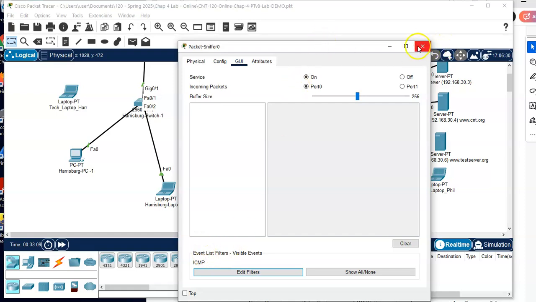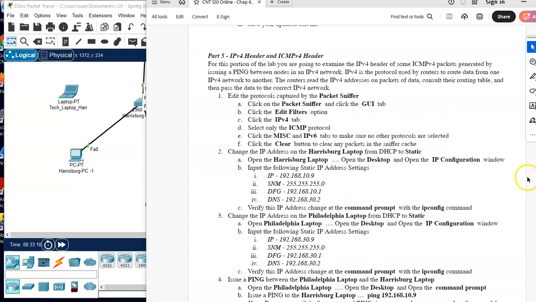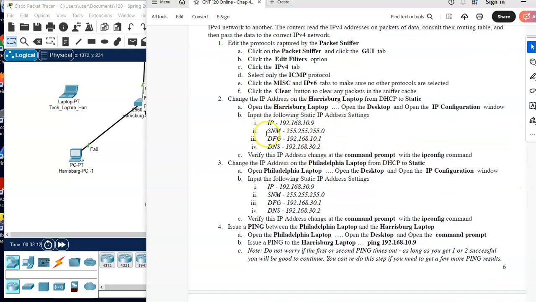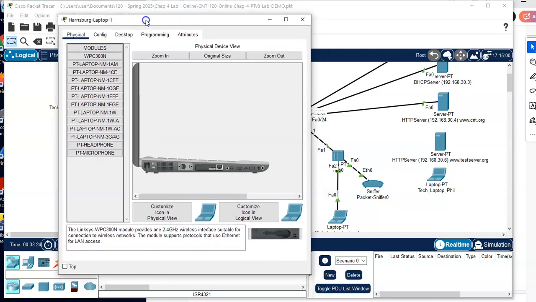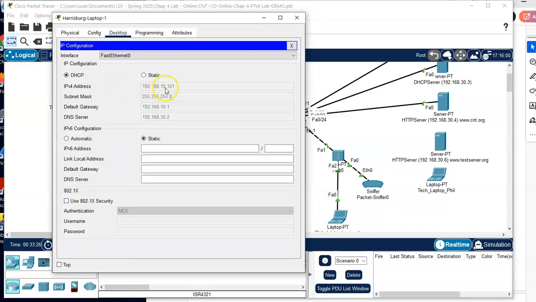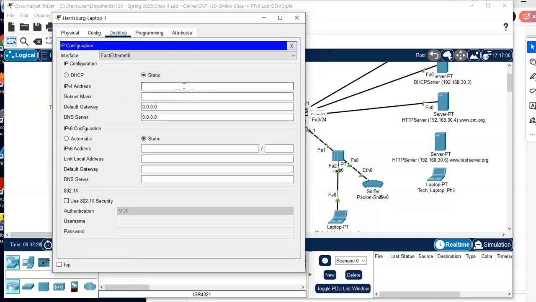Now I'm going to close that for now, because what we need to do, we're going to set a static IP on the Harrisburg laptop, then a static IP on the Philadelphia laptop, and ping between them, because then we'll know exactly what those IP addresses are. So Harrisburg laptop, we'll come over here. Here's the Harrisburg laptop. Let's go to desktop, IP config, static,